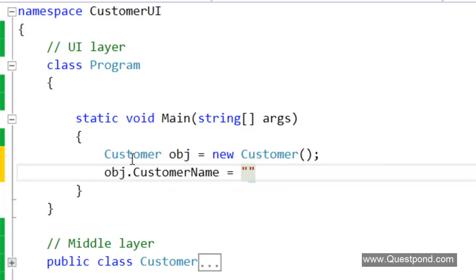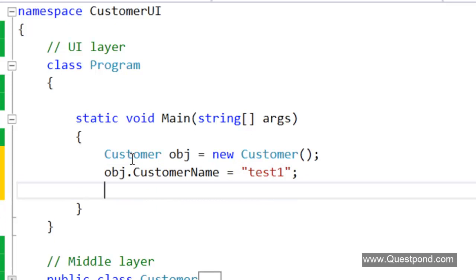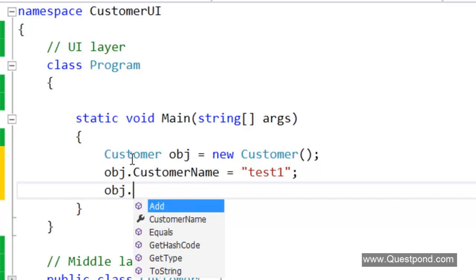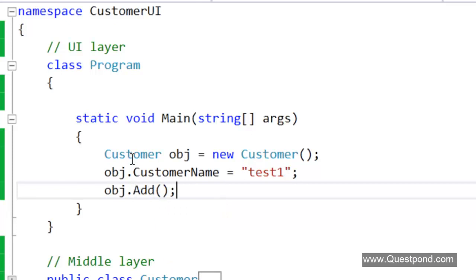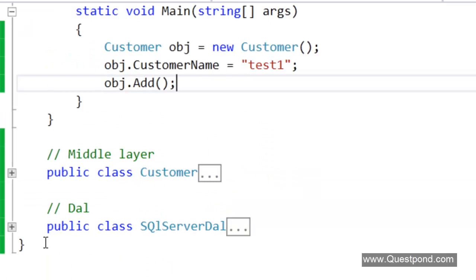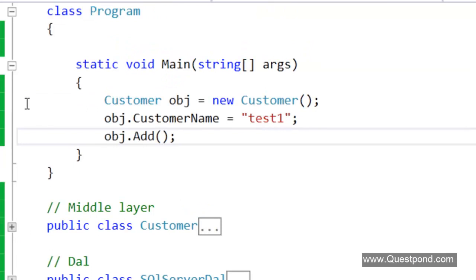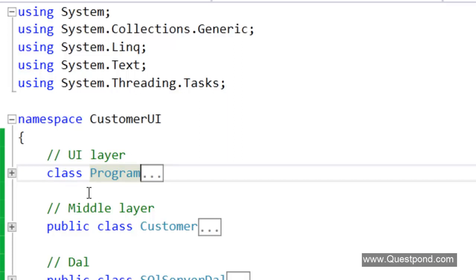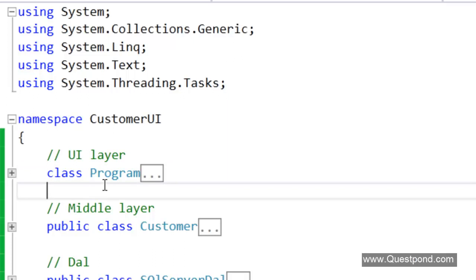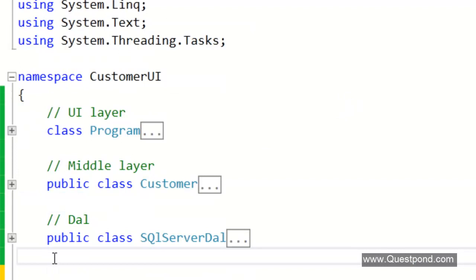Maybe this comes from a text box, but at this moment I will just keep it hard coded, and they call the add method. So they call this middle layer add method. The middle layer add method calls the data access layer of SQL Server, right? So very simple 3-layer architecture here, and this is what is used in most of the simple projects that are created, right? So what is the problem with this 3-layer architecture now?